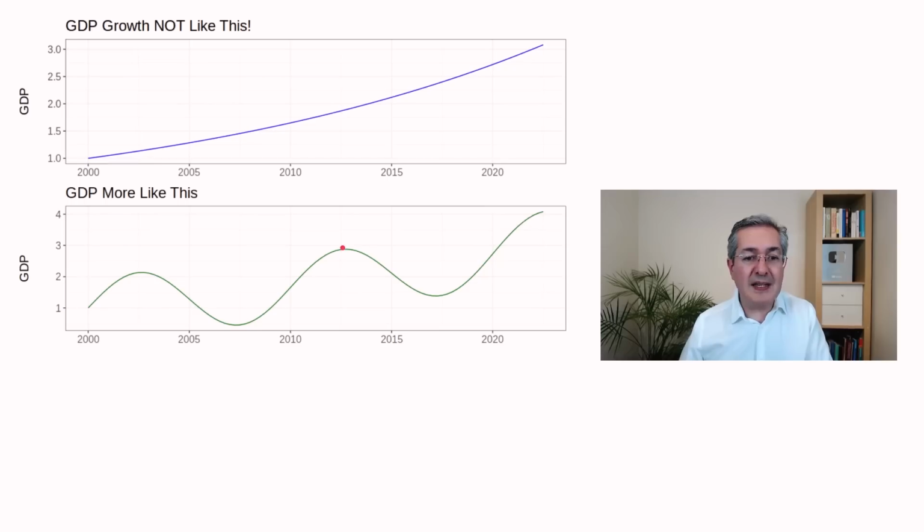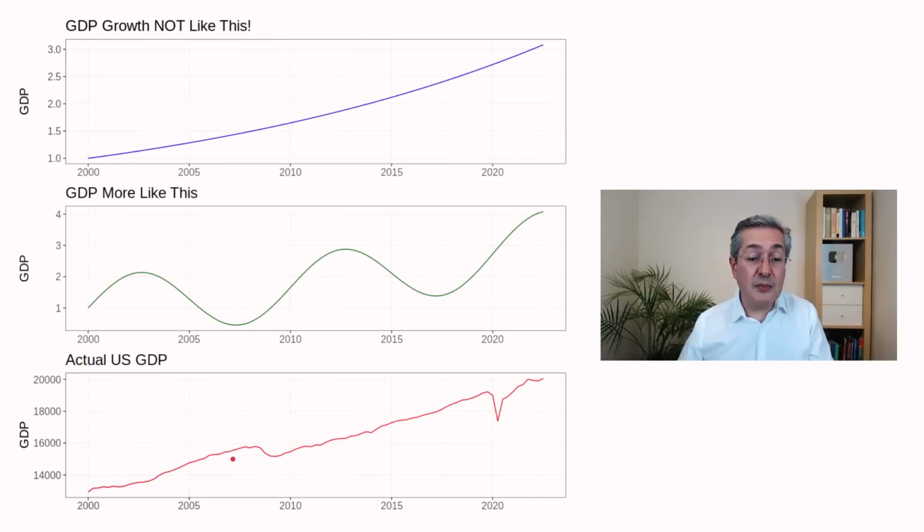We get these peaks in growth, and then we get troughs, and then we get new higher peaks. So it looks a little bit like some kind of upwards and downwards cycle. Of course, in practice, it doesn't look like that. It's not a regular cycle with a fixed period. Personally, I think it looks more like trend growth punctuated with various crises. But the important thing is that the assets which do well during one of these growth phases are not the same assets that do well during one of these contraction phases.